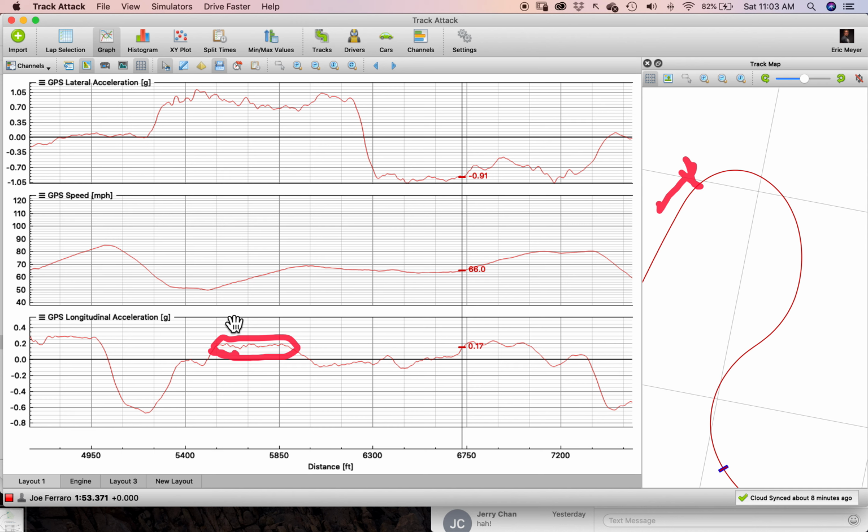Guys, the name of the game, and we're going to introduce the GSum right now, the total acceleration. The name of the game is to use all the tire that you can. Now, I'm going to make one other correlation. This is kind of advanced, but I think you can handle it. You guys look like a smart group. As we come into this area,